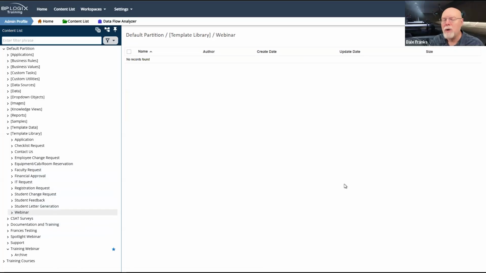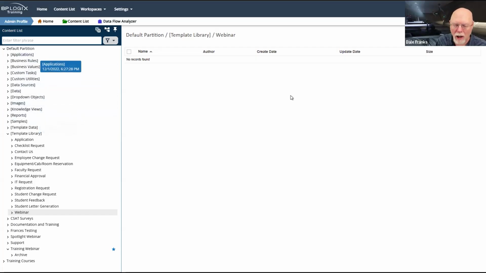Now, how you organize your application inside this parent folder is up to you, because the nice thing about placing an application inside a parent folder like this, and this is just as valid for applications that you create normally, is that everything that application needs is included, with the exception, of course, of business rules, business values, and data sources that are universal and must exist on both systems.